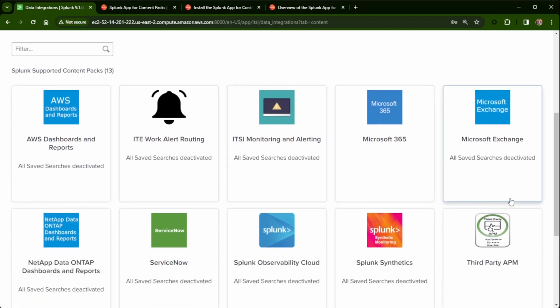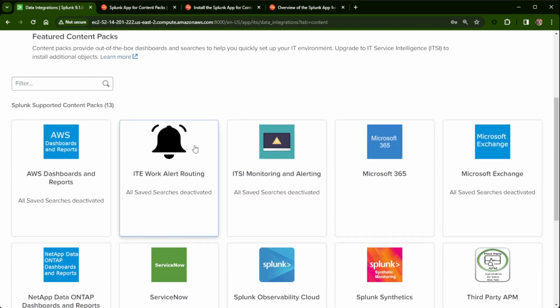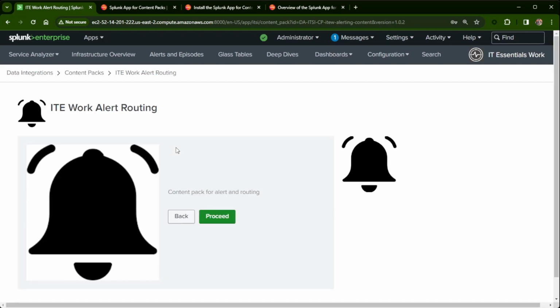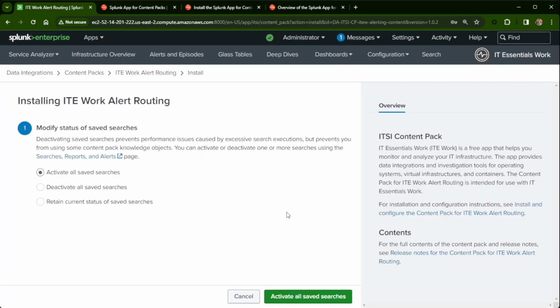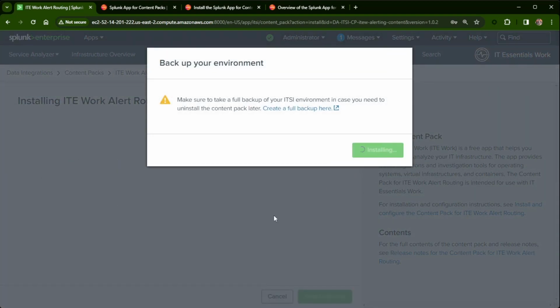If we wanted, I know I have some, I could install, and it's really easy to install one of these. So we'll do the ITE Work alert routing, where you click on one of the content packs, you click proceed. You can activate all the searches, you can deactivate. I'm going to go ahead and activate them all in the demo environment,